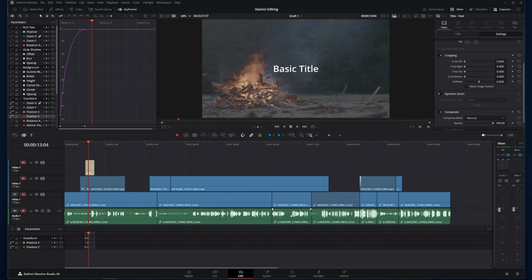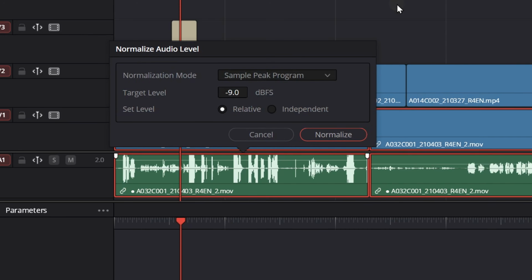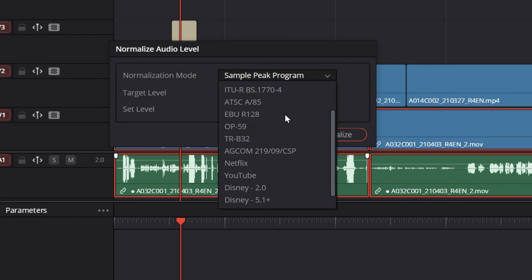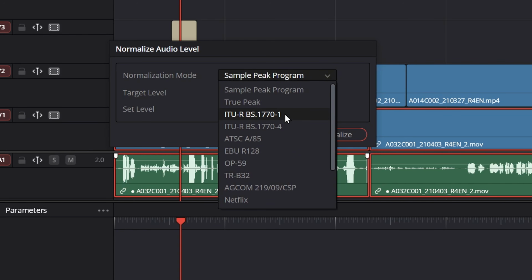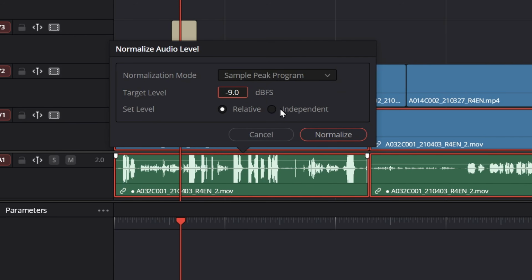Speaking of volume, there's another great hack here. A lot of times in your timeline, you're going to have a ton of different volumes that are high and low, and you want to even those out. Well, instead of going through and doing it one by one, you can select them all, right-click, Normalize Audio Levels. You can choose any standard you want, though for most of us the difference between them doesn't really matter when you're new especially. And you want to choose independent, not relative. That way each clip will be normalized separately, and that will even them all out.